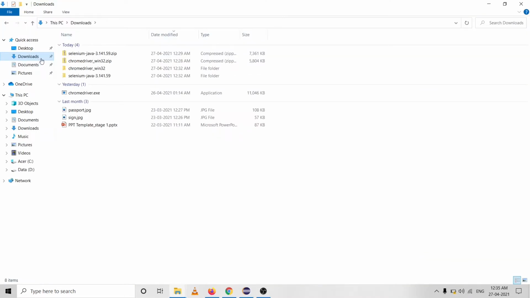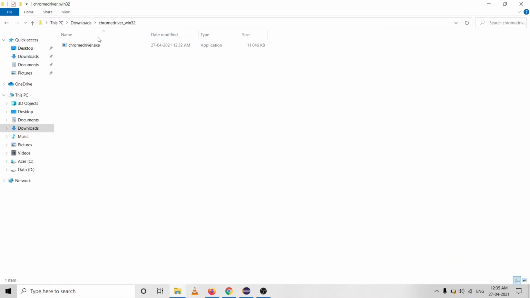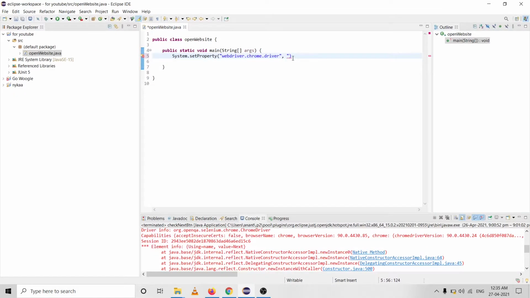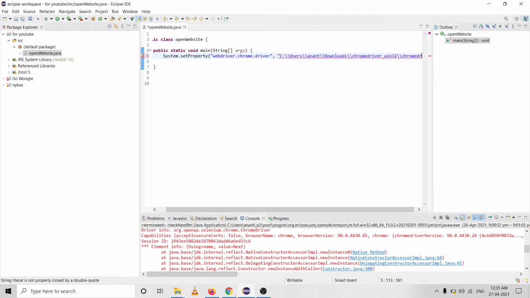In the next argument, we have to type the location of the Chrome driver. So let's copy that location and paste it here. Now let's create a new instance for WebDriver.